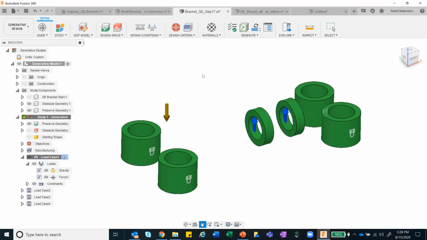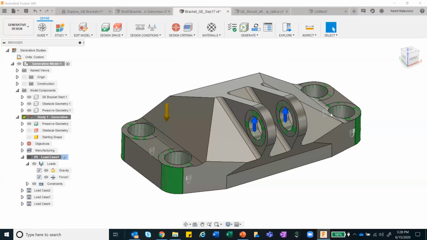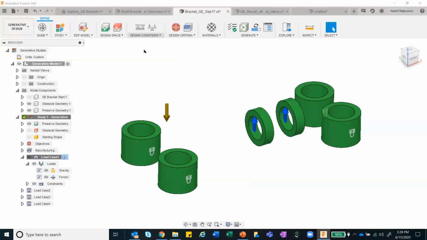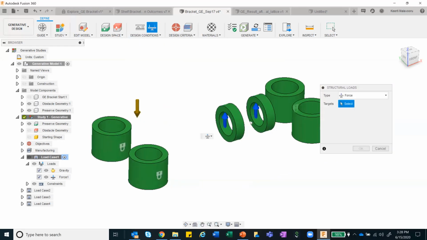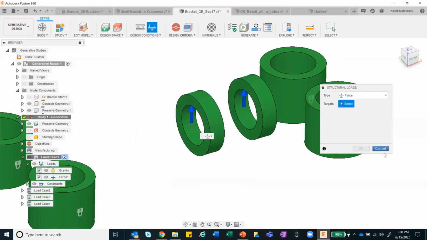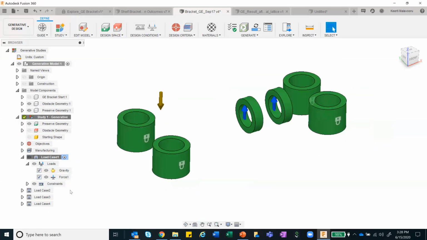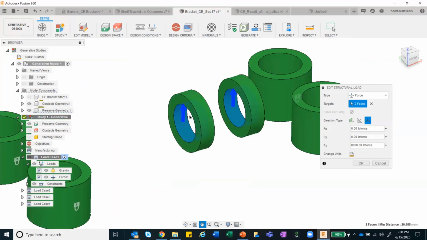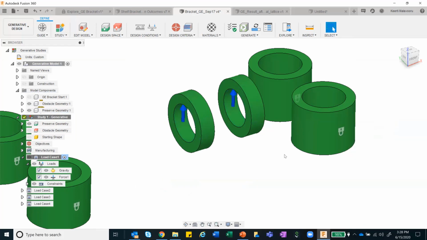Once this is done, what do I know? Let me just switch this on. There is a clevis pin that goes across this mounting hole, which is subjected to certain loading conditions. So I need to go ahead and define my loading conditions. I select the different loading conditions. I've already done that, so that we don't have to redo it here. And I have given an upward force of somewhere around 12,000 Newton or pound force, whatever it is.